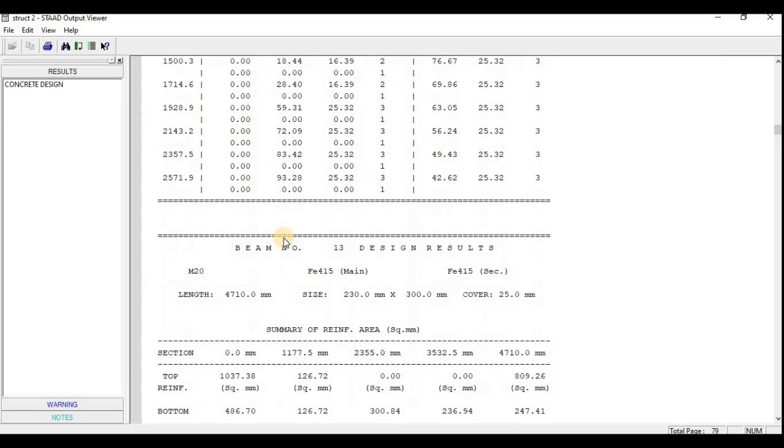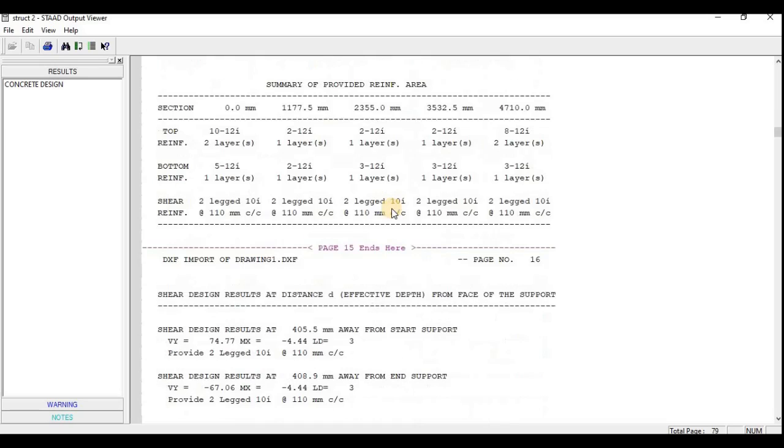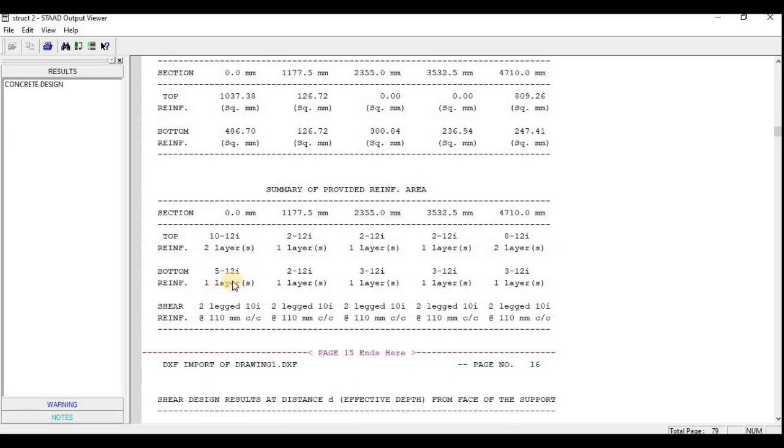This beam number 12 is near beam number 13, so that's why it failed, but in this beam there are only few loads, so it is considered here. Then again 2 numbers of 12 mm dia, in the middle 3 numbers of 12 mm dia, and then it continues.